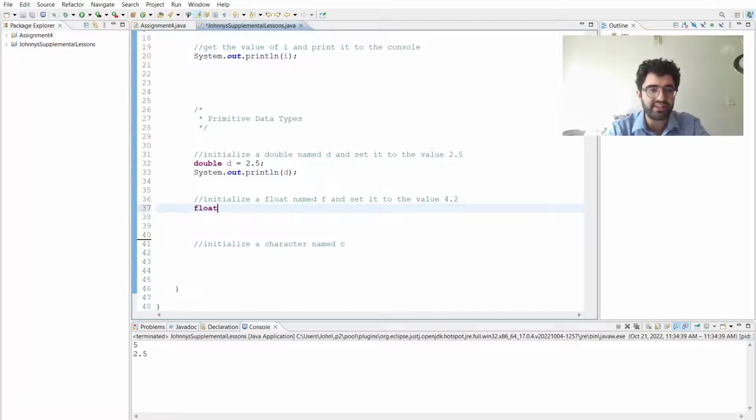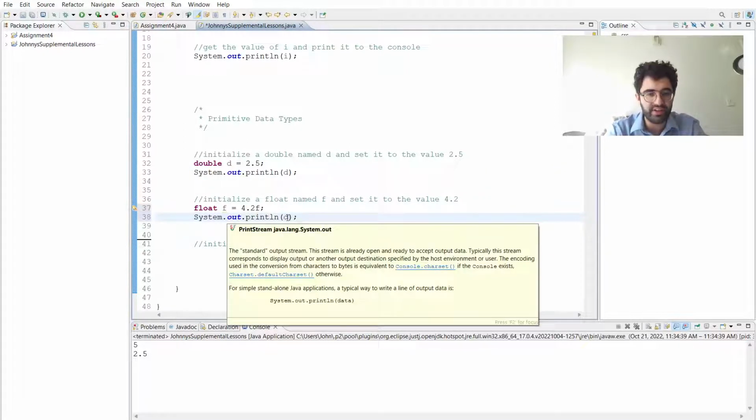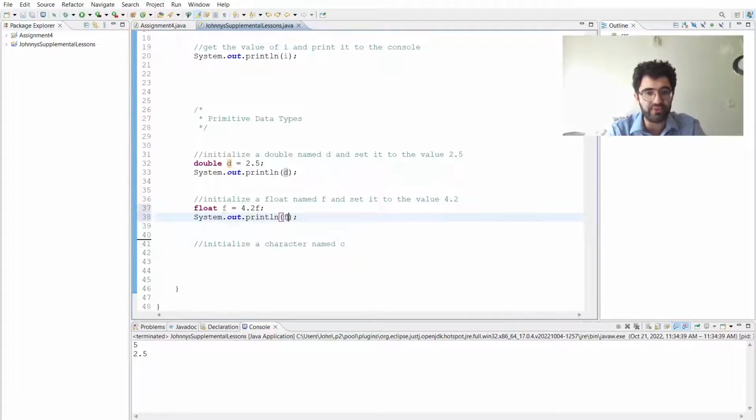And with floats, it's the same process with just one adjustment. We add the letter f at the end of our value. So we would say float f equals whatever value, in my case 4.2, and just put the letter f here. And let's print that to make sure that it yields 4.2 as we're expecting. And sure enough,